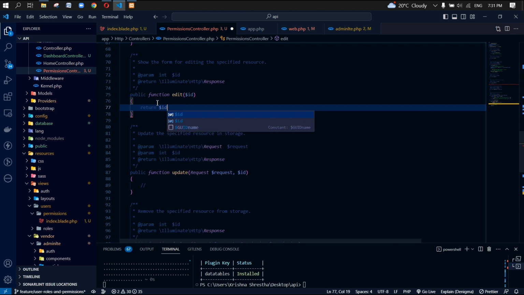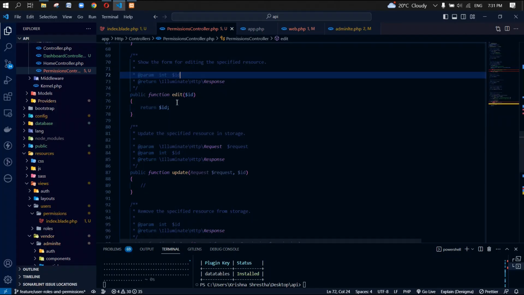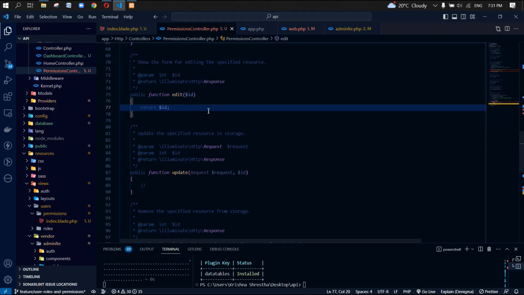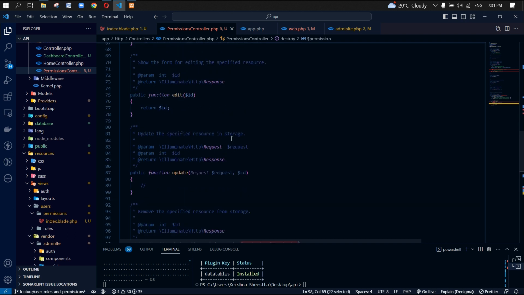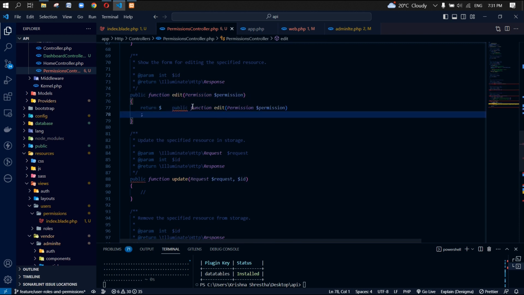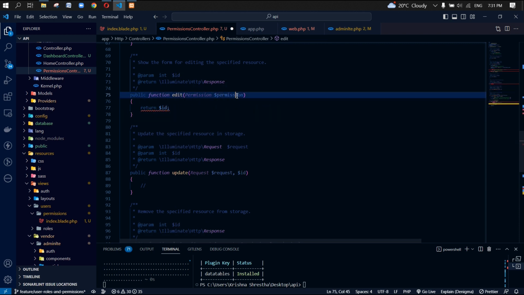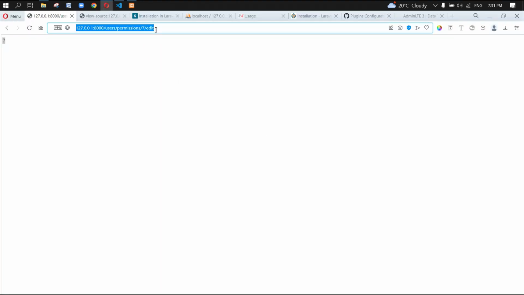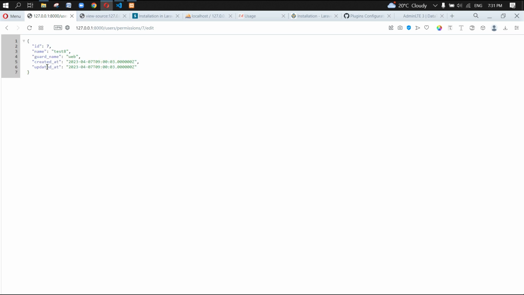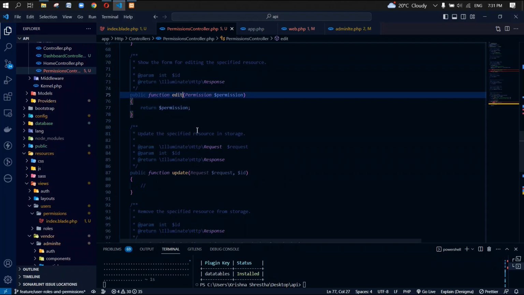we are going to get the ID. Let's check once if that is there. Yes. Let's modify the edit function as per our requirement. Then let's copy the permission. Let's paste it over here and then pass the permission over here, which will return all the permission equivalent to the ID. Let's check it. Yes, it is. Now